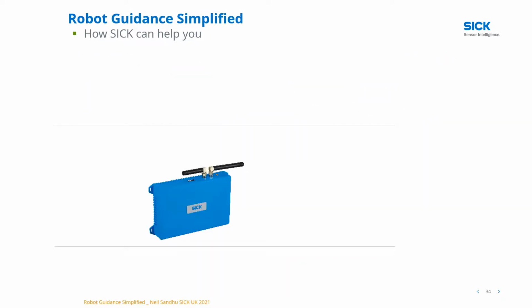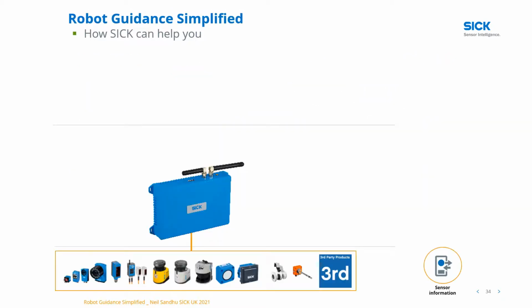So by looking at simple gateways that link to sensors on the shop floor, sensors mounted on robots, we can get the data from those sensors, be it metrics on how many parts it's picked, or how many pallets it's filled, or how well the sensor is performing itself. Is the sensor getting dirty? Is it getting to a stage where it needs to be cleaned before potential operation could be affected? All that information can be contained